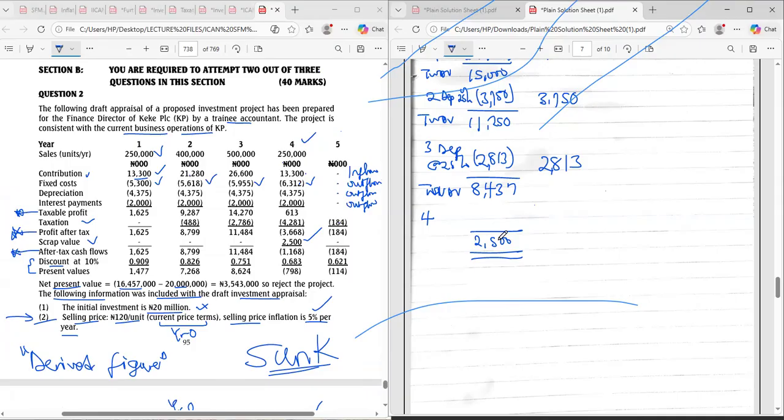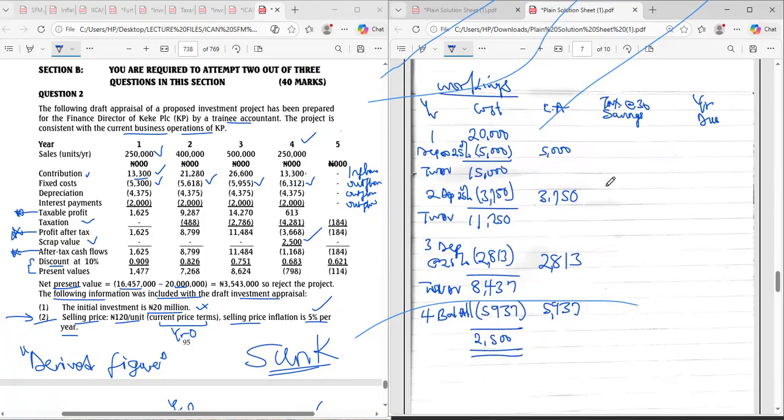Is it a profit or a loss? Let's make it simple first. It's a loss. Something of 8,437, you are selling for 2,500. It's a loss. So when you make a loss, what do we call it? Balancing what? Allowance. What's the difference? 5,937. So bring it here, 5,937. So we are good.